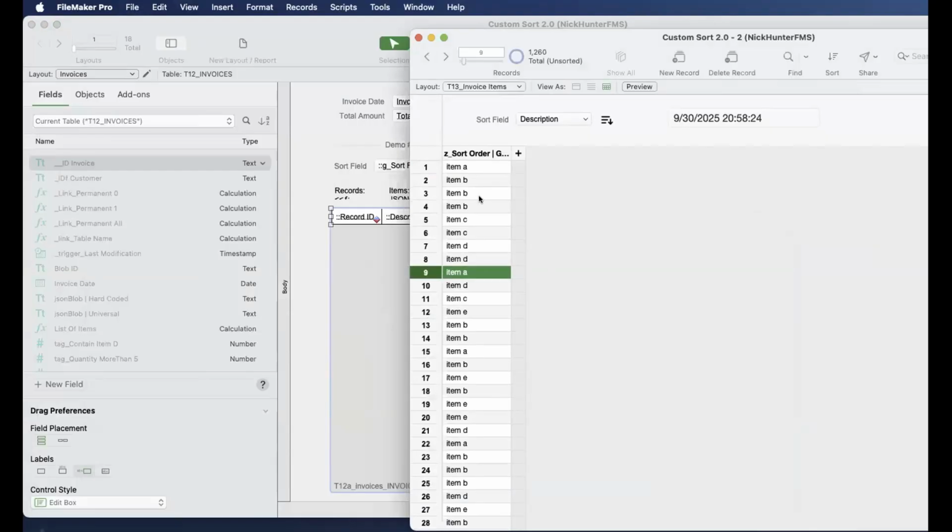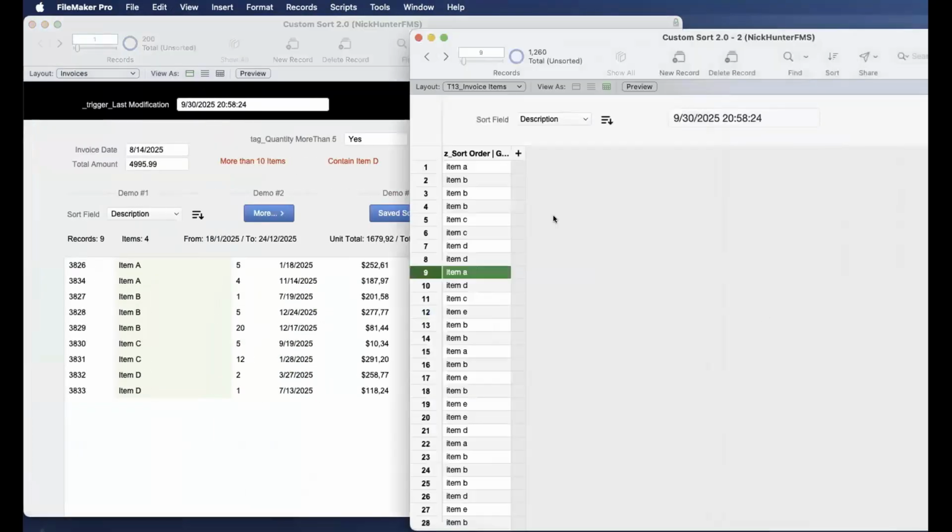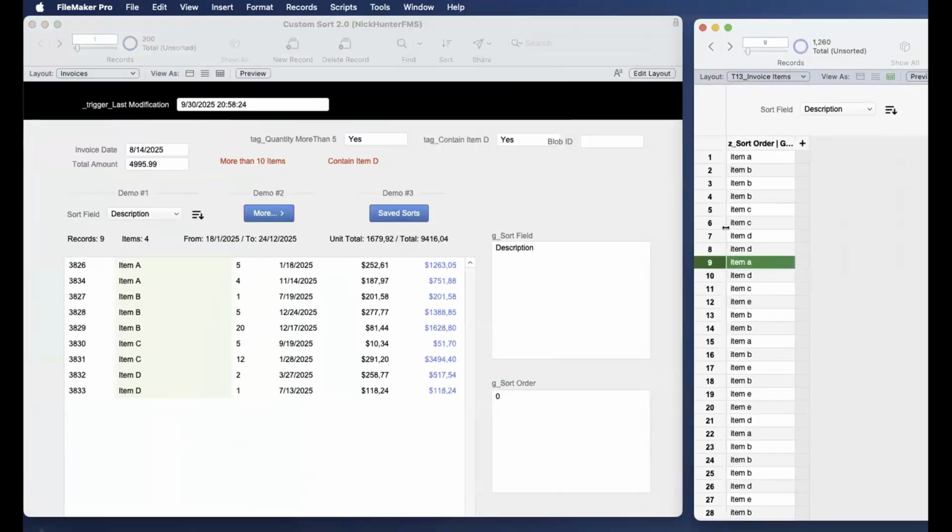Okay? So this plural is sorted with this field. Correct? So what happens if from this remote control here, I set my unstored calculation